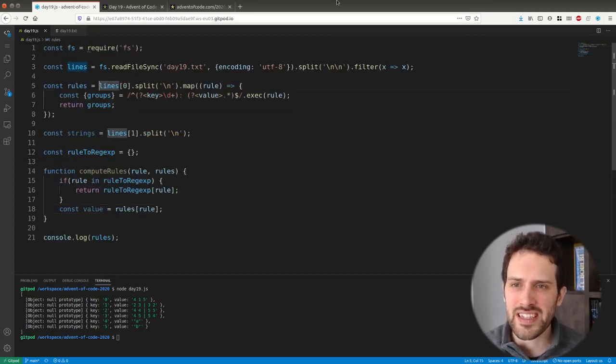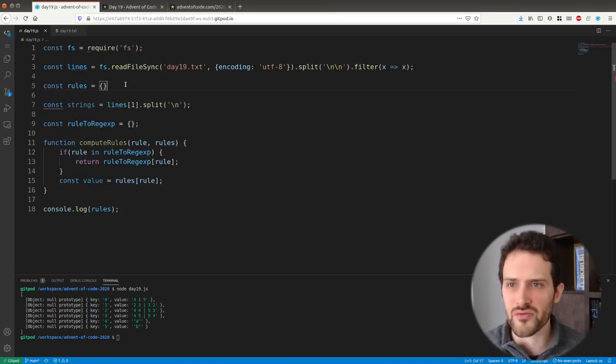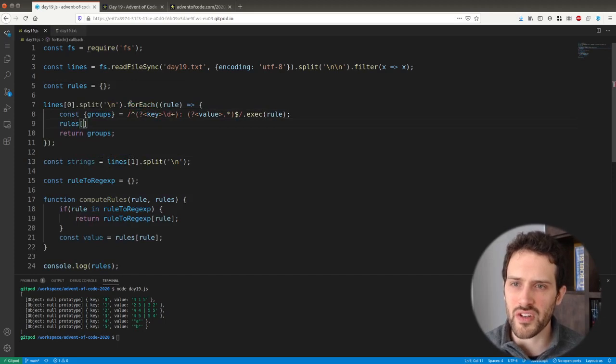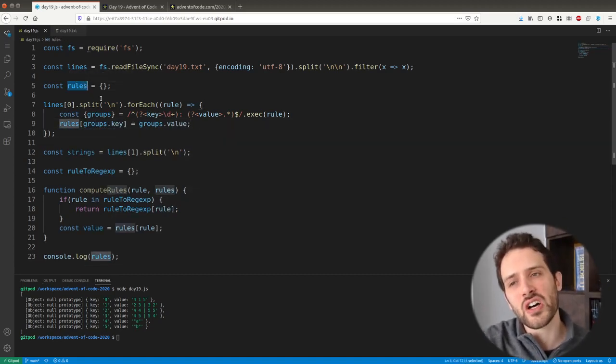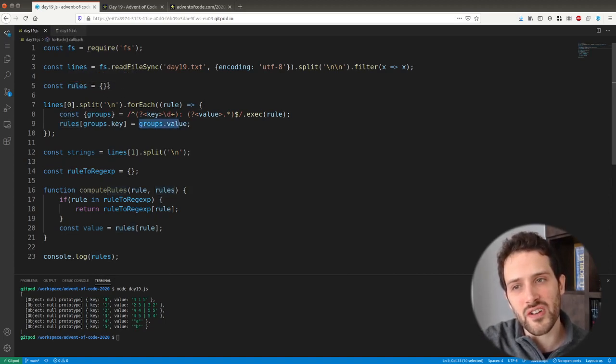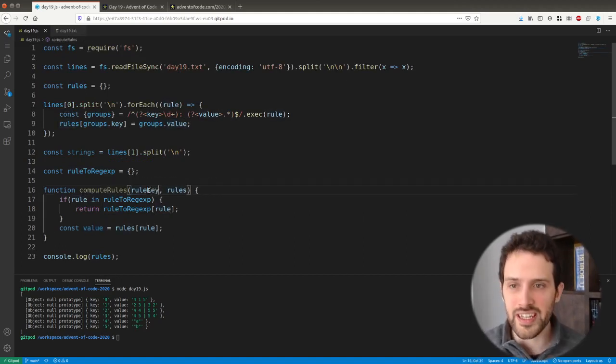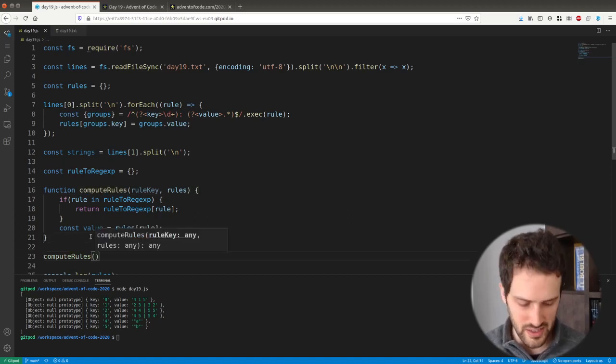So instead of that, what I want to do with the rules is create an object, and here we're going to say for each, rules of groups.key is equal to groups.value. So what I'm creating here is an object that contains as the ID the key of the rule and as the value the rule itself. That's going to be helpful, because here we're going to say rule key, and now we can do compute rules of 0